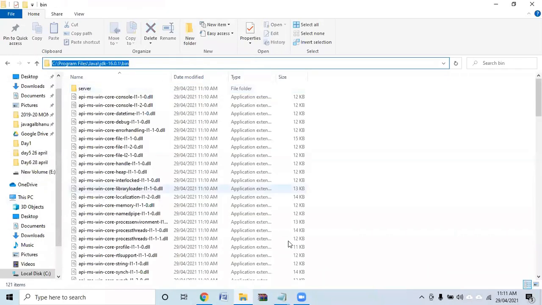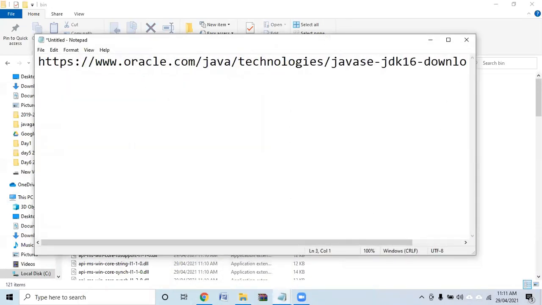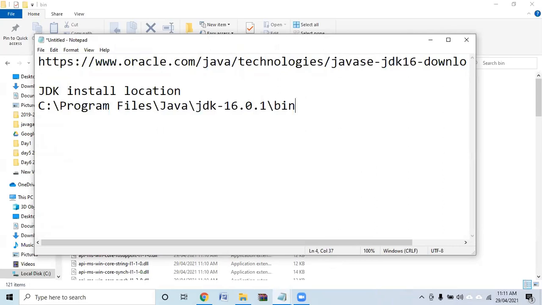Okay, so this is the location. In that, very important files are java.exe and javac.exe. These are the two important files. Every day we use them.